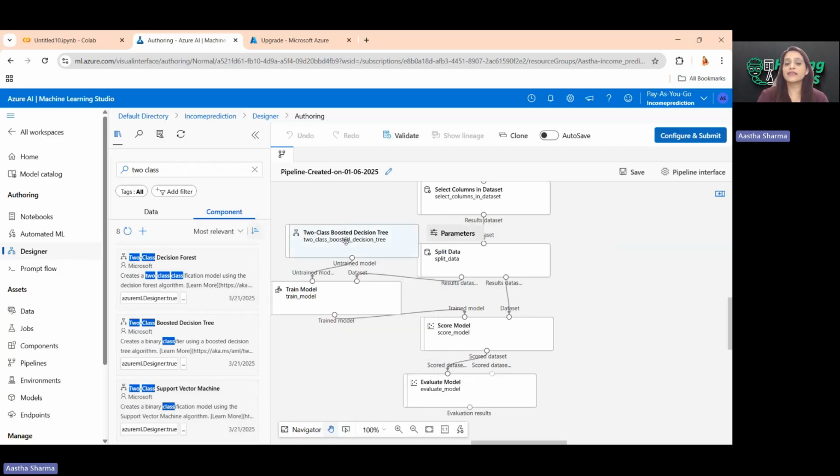Now, why I have taken this decision tree is because it checks the data accuracy on each node. If you take this particular node, when you run it, it is going to validate that. It is going to validate step number 1, step number 2, step number 3, step number 4, all the 7 steps. It is going to check the accuracy at each and every step. Then only it is going to go onto the web input, where you are going to publish or connect any application or data set with it, and it will be published or deployed.